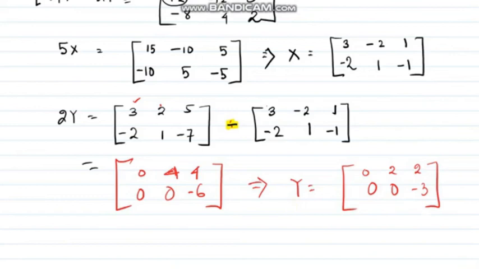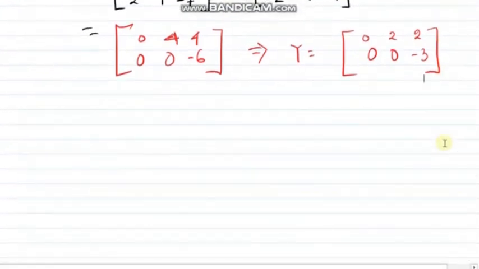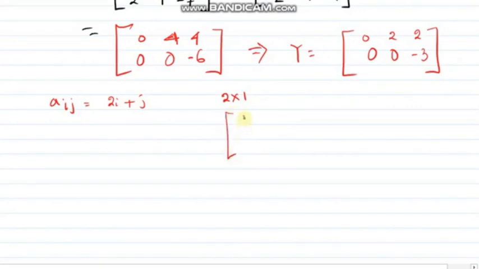One more sum, on how to form matrices, that I told you I will show you. Last video also I have shown you this. Aij equals 2i plus j, and we have to form a 2 by 1 matrix. 2 by 1 means 2 rows and 1 column. So this is my first row, first column, and this is my second row, first column. This is a simple one I am giving you. So Aij equals 2i plus j.